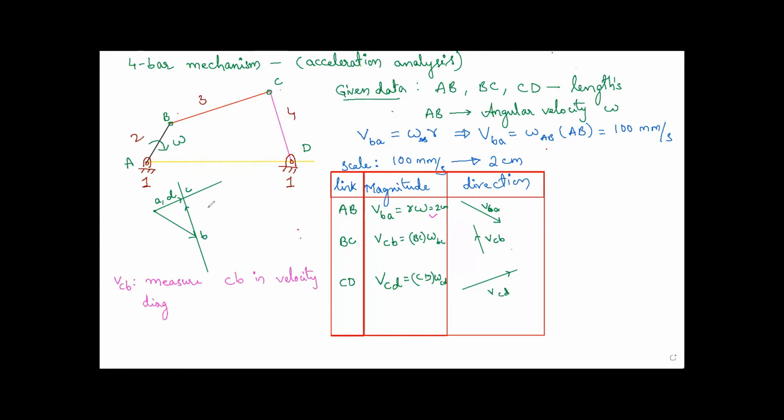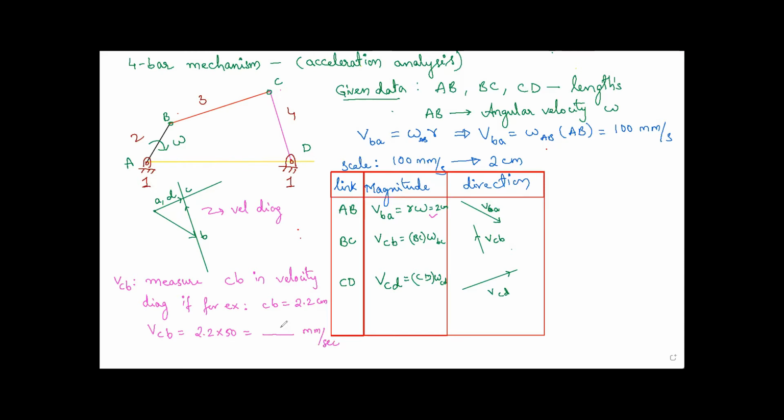Okay, what is it? This is the velocity diagram. Okay, fine. So in the velocity diagram, you measure CB, and for example, CB is equal to 2.2 centimeters. What do you need to do now? To find the exact velocity of C with respect to B, earlier I divided it by 50, right? So now you have to multiply it by 50, and whatever result you get will be in mm per second, and that will be your actual velocity.